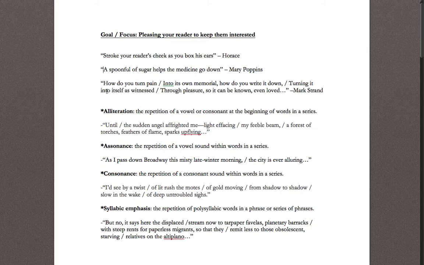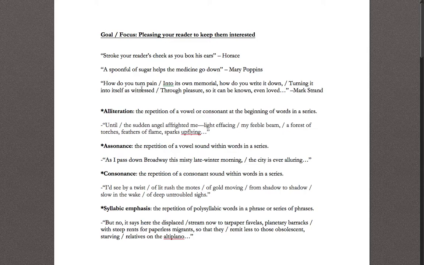We have another epigraph from Mary Poppins, if you're familiar with this. She says, "A spoonful of sugar helps the medicine go down." The basic concept here is that when people have to ingest or digest something difficult or something that doesn't taste good, we can add a little bit of sugar or something that tastes good to help the process. So it's balancing out again this pleasant feeling with a less than pleasant feeling.